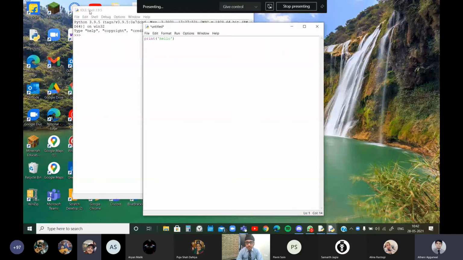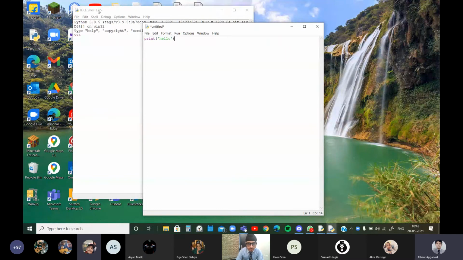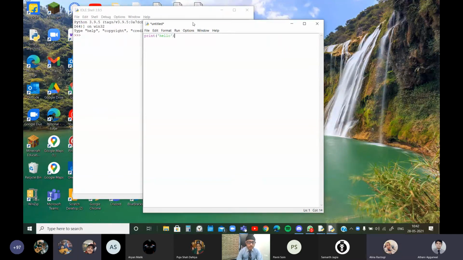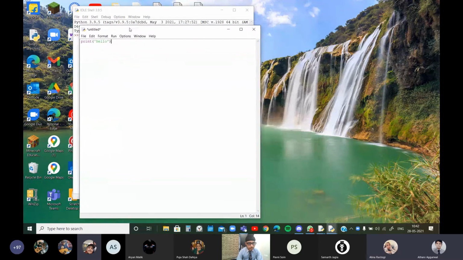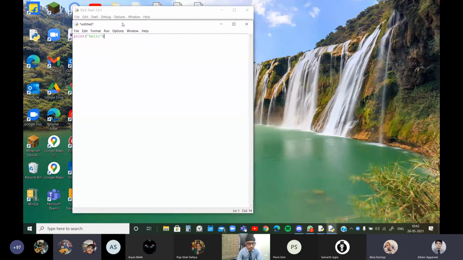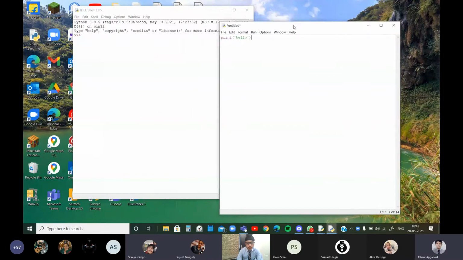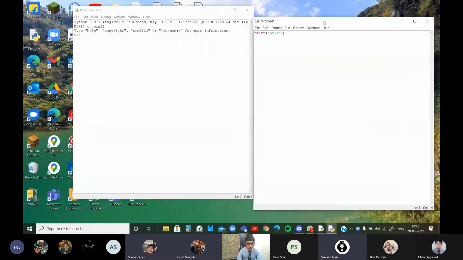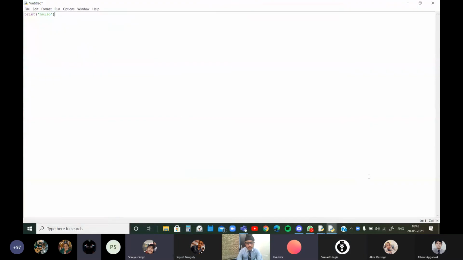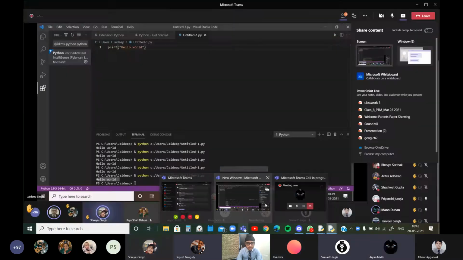You will be having an IDLE shell, I guess. No, Bhaiya, we are having only a black screen in Python 3.9. It's not a black screen, it is the workspace. Bhaiya, we are able to do it and the program is working. You can open PowerShell and check whether the download worked. Can you continue?